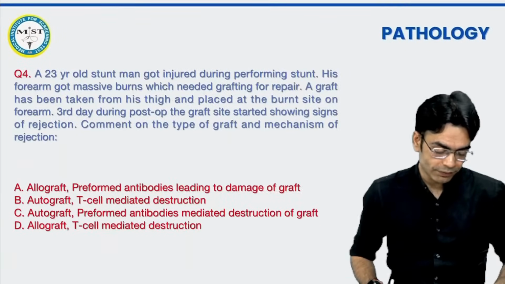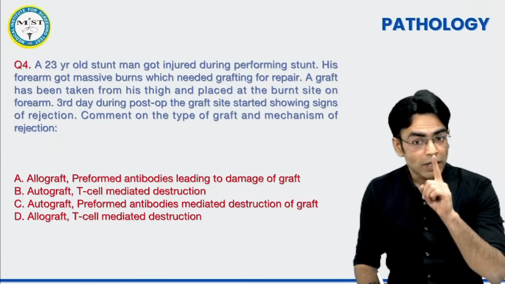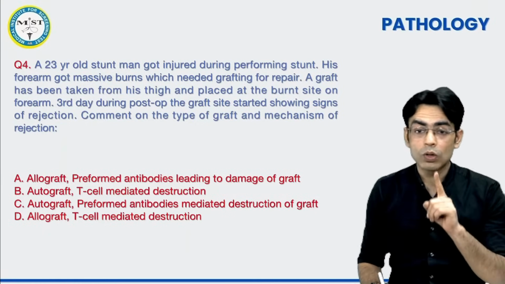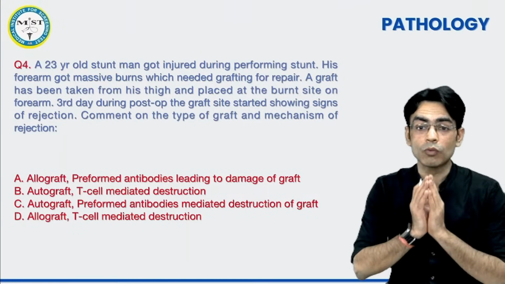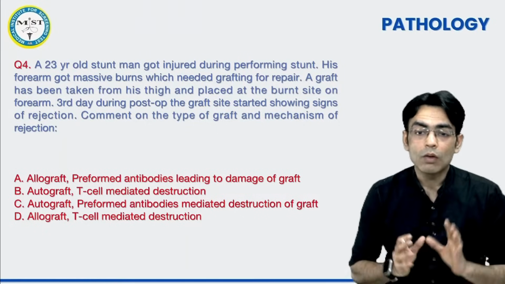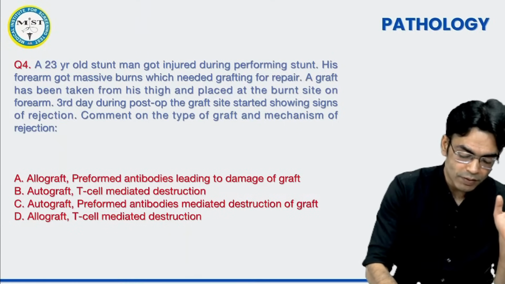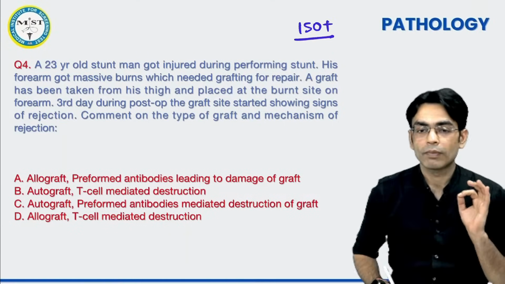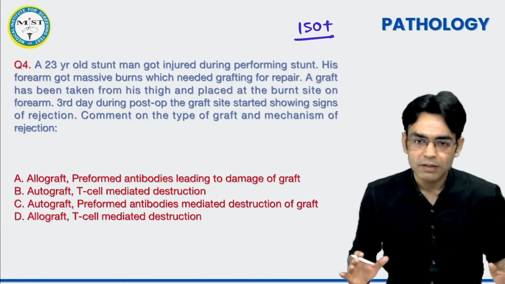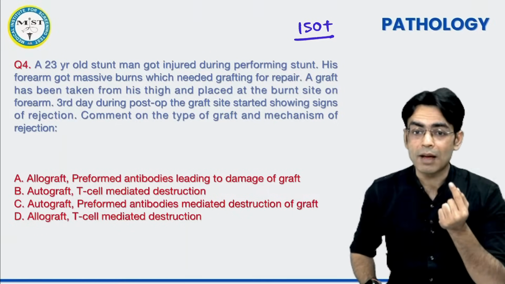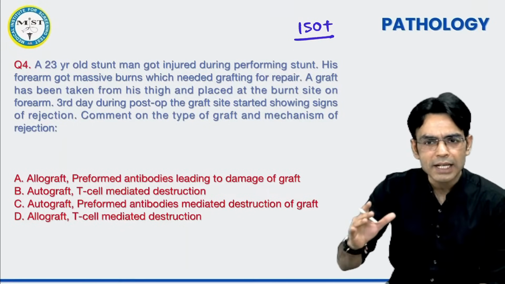Come forward. Fourth question, a 23-year-old stuntman. Now look carefully, you have to answer carefully; there is nothing to gain by answering quickly. When will we get the reward? When in our exam anything which is 150 plus. That's the reward of our hard work which we are doing from the last 5-6 months. So for that you have to get every question right. Every question will make you reach towards the goal. So don't hurry, do it carefully.